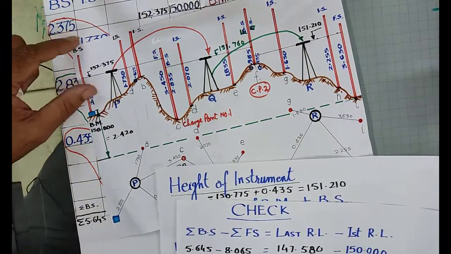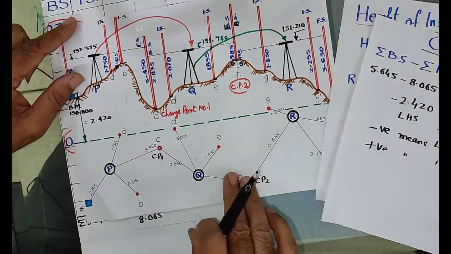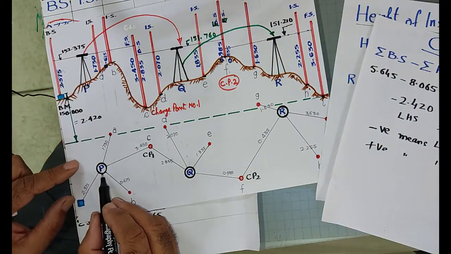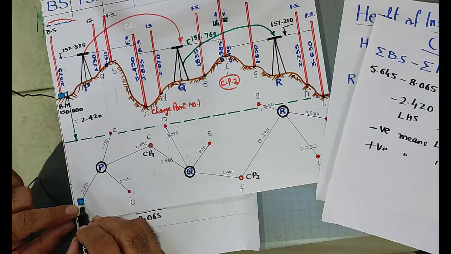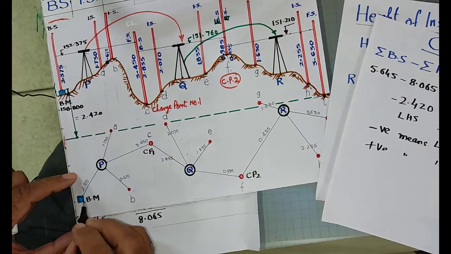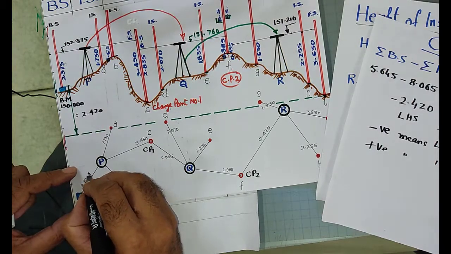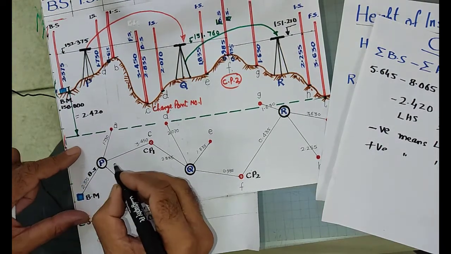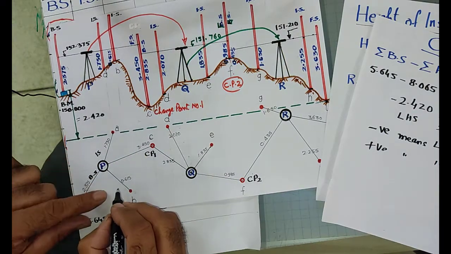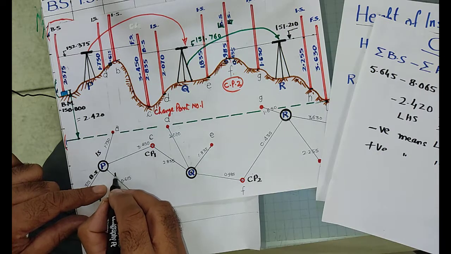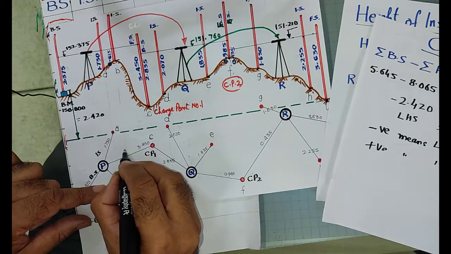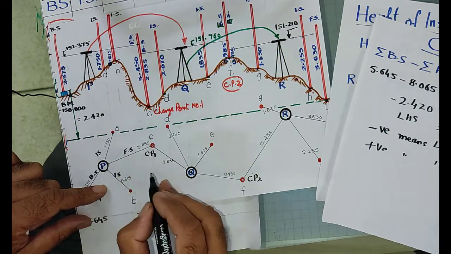So for your easiness, I have drawn one plan over it. This is my elevation, this is the plan, top view. So I set the instrument over here, I take the backsight. This is my benchmark. What you recorded at the benchmark, this reading is the backsight. Then you have taken at A, this is your intermediate sight. Then on B again you have taken an intermediate sight. Then on point C you have taken the last reading, this is your foresight. It will be easy for you.